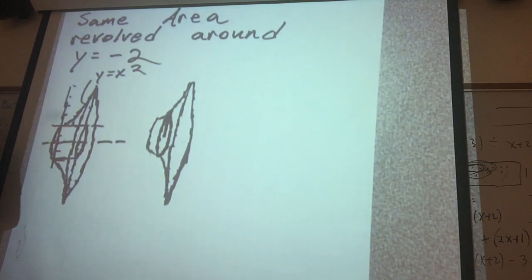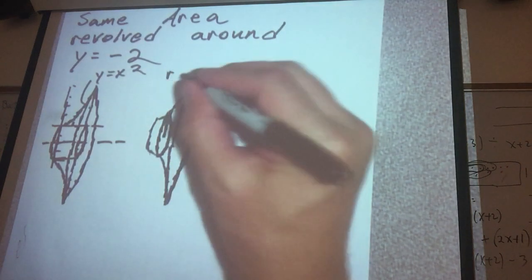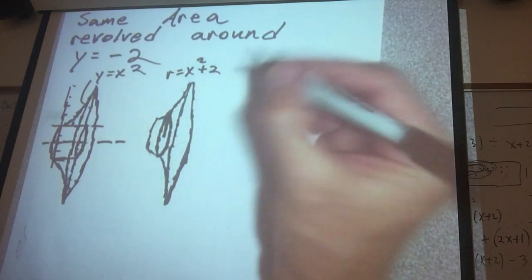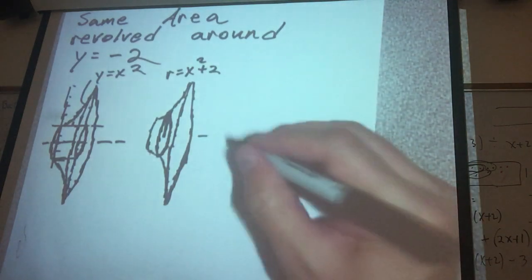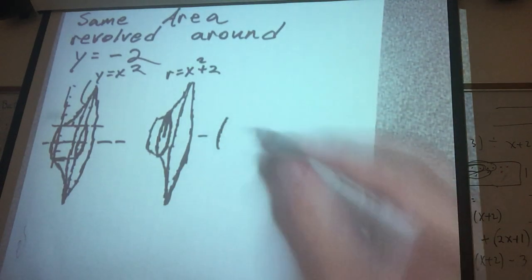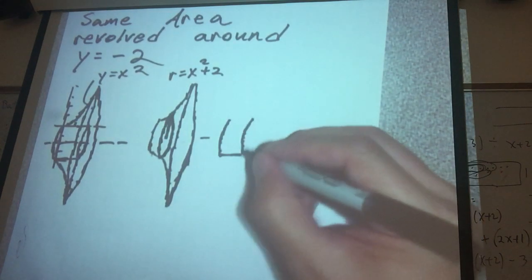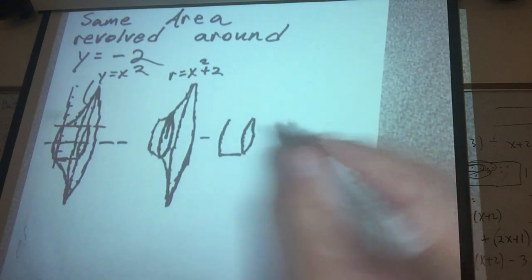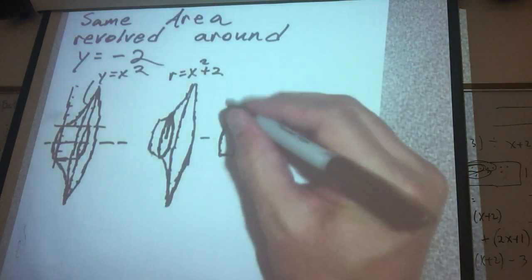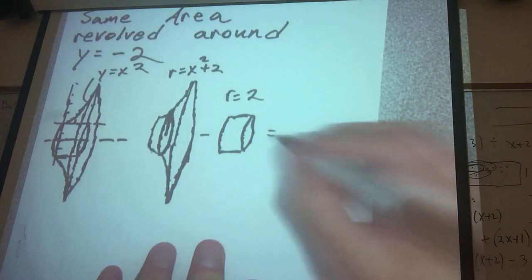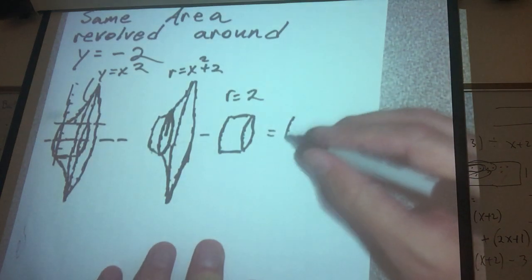So for this guy, r is going to equal x squared plus 2, right? And what we're going to have to do is subtract the cylinder from the center of r, which equals 2. And what is that going to give us? That's going to give us